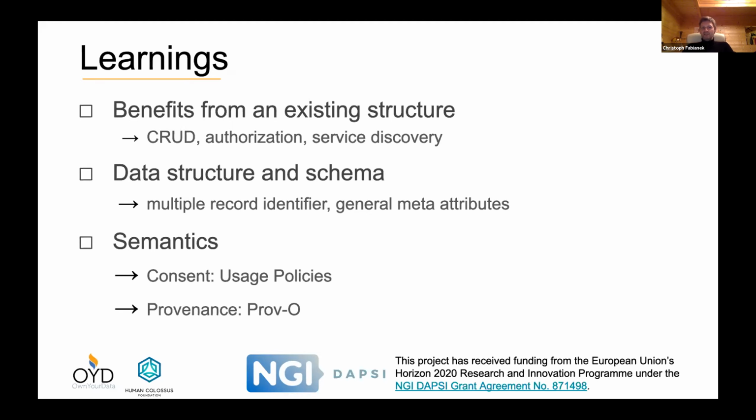And then we found out we don't have just a single identifier, actually we have multiple identifiers because different components just use different ways how we identify a record. We worked with the OCA from Human Colossus Foundation, a way to describe records. So also schema work that was done, but there were also some questions. Is this the right way? Should we use something different?